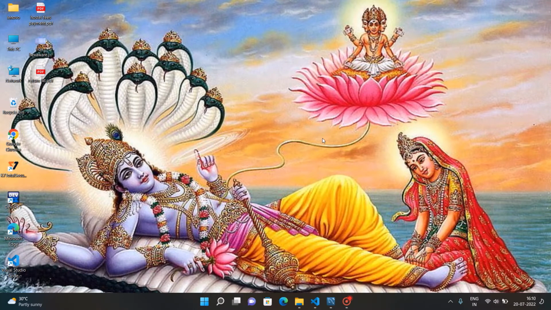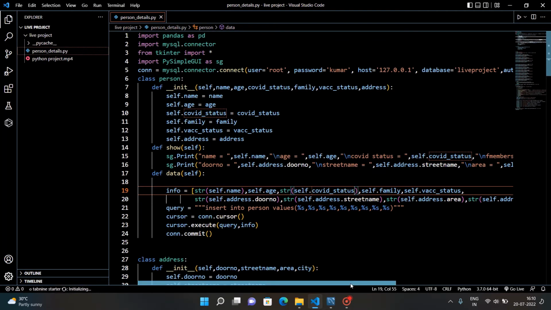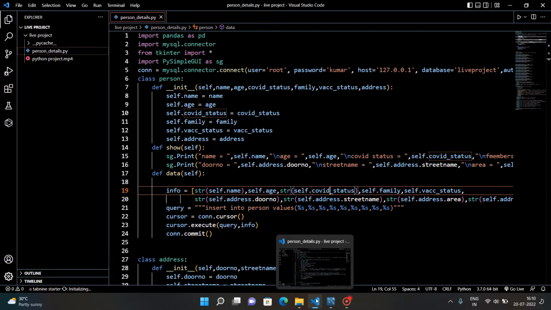As I said in the last video, this video is a continuation of it. It is not exactly a continuation; it is another form of the last video. In the last video, we saw a prototype of how data is stored in a CSV file, where we gave input in the graphical user interface. In this video, we will see a prototype of how that GUI input is stored in MySQL. So before going to this code,